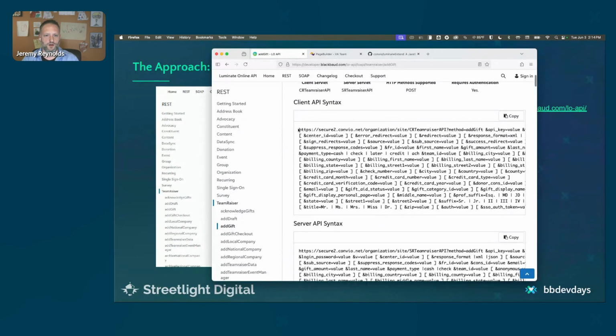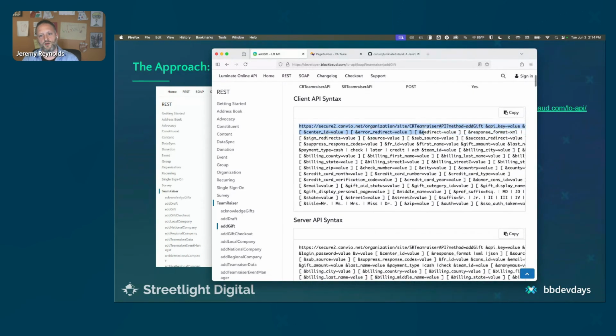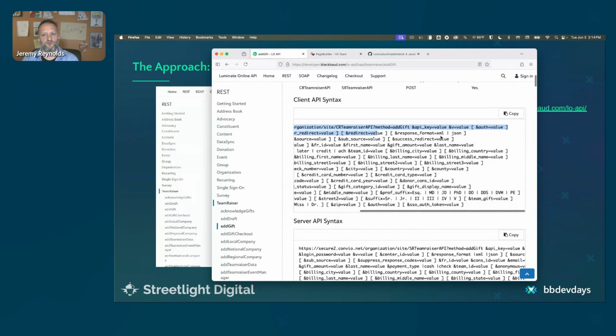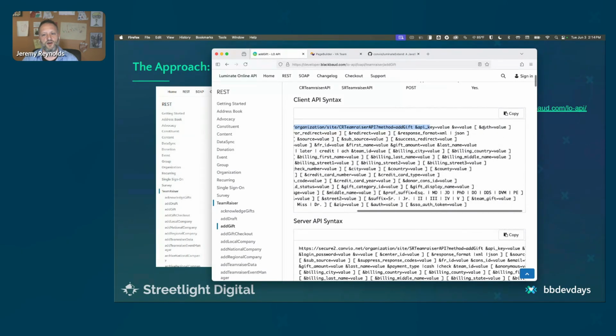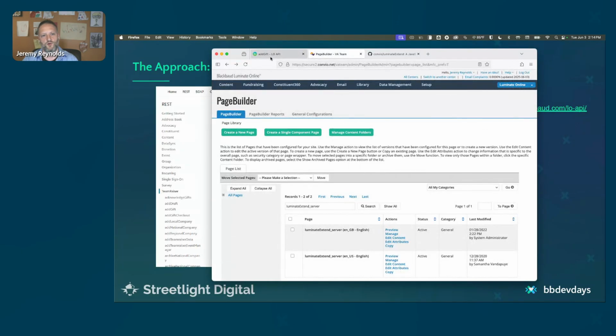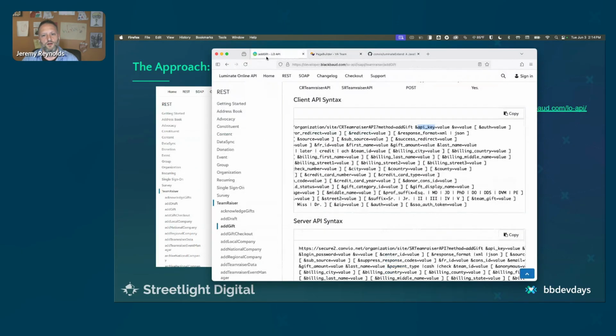So what we're looking at here, you'll see almost every single one of these is going to start with the same block. Literally every API request you have is going to start with almost the exact same block. It'll have your API key. Remember, we got that from over on Luminate, right? It'll have your value, which is something they probably,